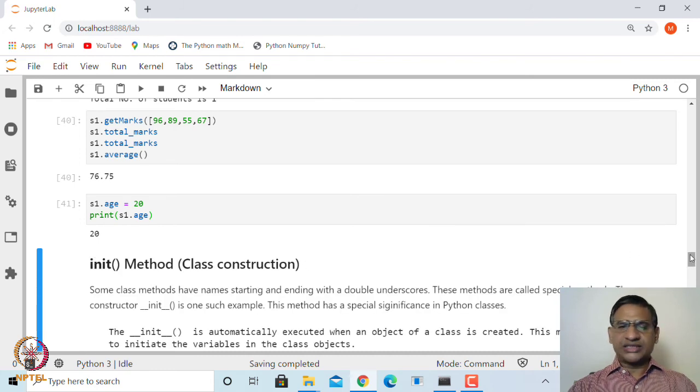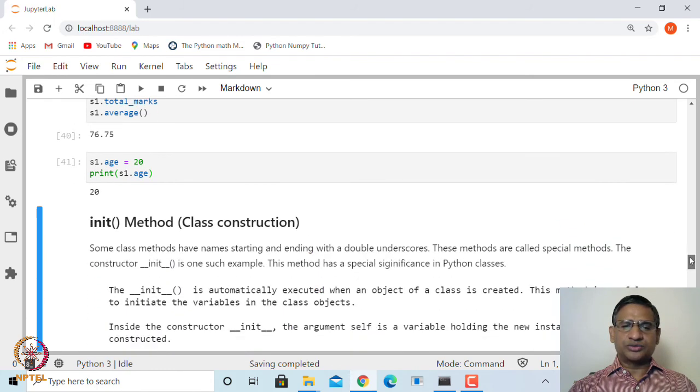So if you look at this init method, this is what is called a class constructor. This is a constructor method, and so it always starts with 2 underscores followed by the name init, and then again 2 underscores, and inside the bracket you write the arguments, first self and then followed by the arguments or initial values, right.